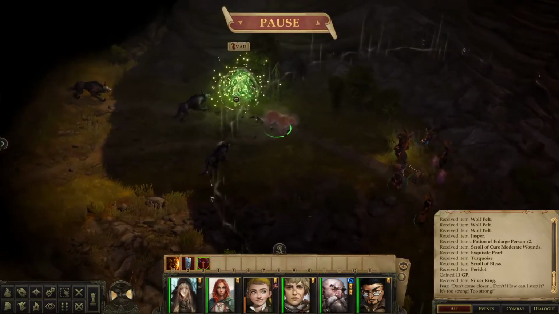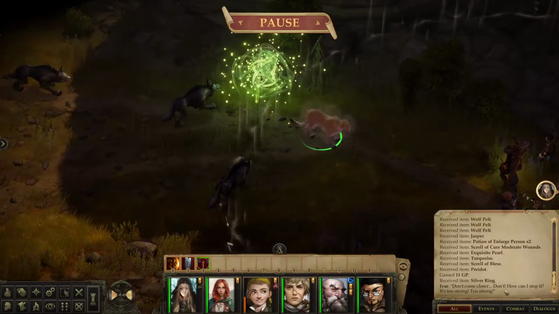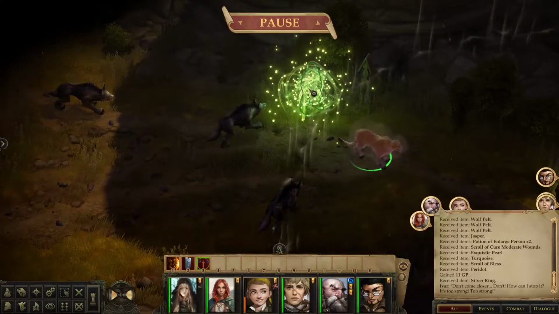Inspire Competence. So what we get: don't come any closer, don't. How can I stop it? It's too strong, too strong. And Ivar here